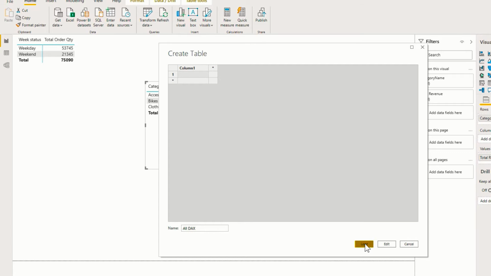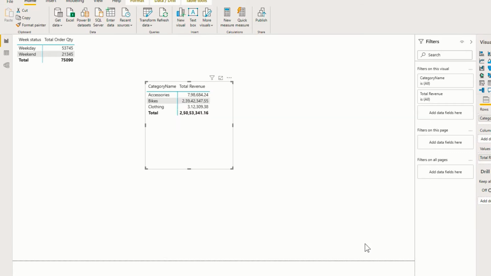And I'll simply click on Load. So you can see here that our new table is created. So here is the All DAX table.